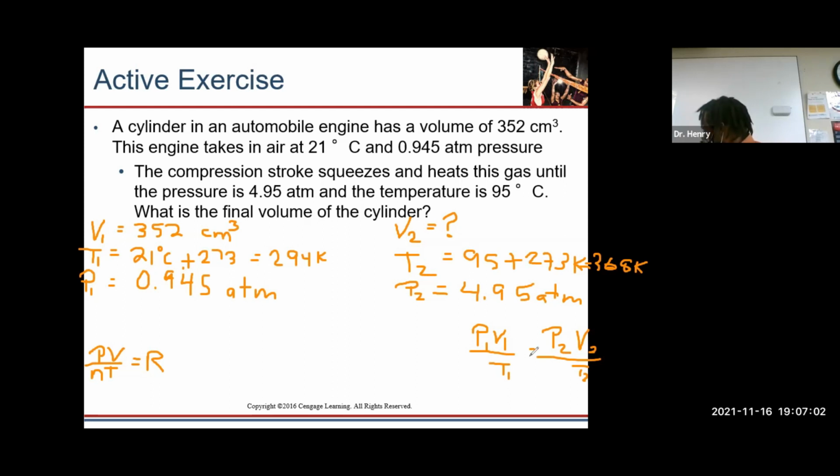Okay, so this equation here. Okay. So we're solving for V2. So if we solve for V2, we get V2